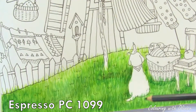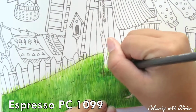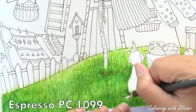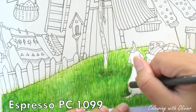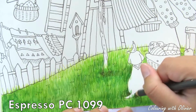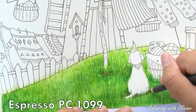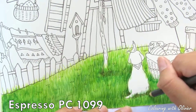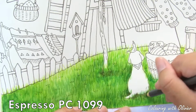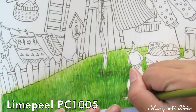And now I'm going in with the espresso color, which is a brown color, but I like to go in really light. Make sure you use a very light hand with this color, just to add in some darker shadow, to enhance the effect. I want you to remember that if you want to bring your coloring page to the next level, you have to pay attention to where you add the shadow and where you add the highlight, because when you pay attention to those, your picture will look clearer,